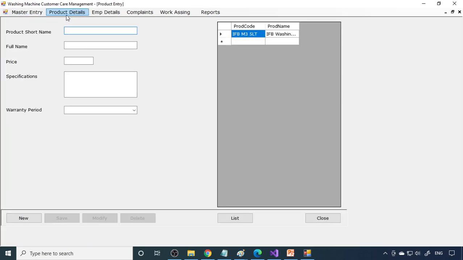Now here is the product details. Here you give the product name. So now I'll give IFB 8 kg steam. So that's the one product. Sorry, it's 8 kg, not 2 kg.